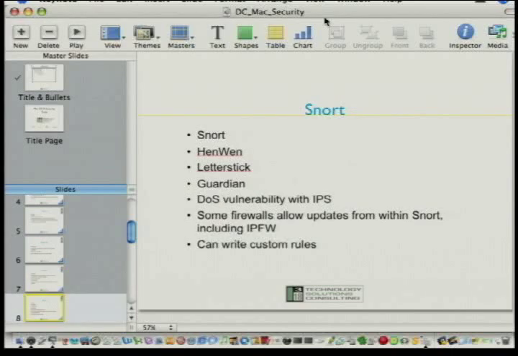So next, Snort. Who's run Hinwin before? And who's run Snort at the command line on OS X before? So a couple fewer hands. Sorry? Or yeah, FreeBSD doesn't count. As Apple engineers often tell me, OS X is not FreeBSD. When I talk about editing certain files, they're like, dude, that's not going to work. So anyways,